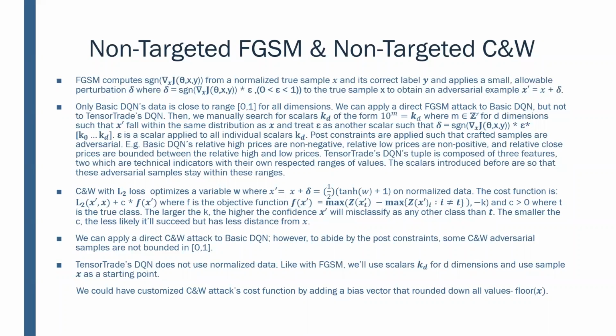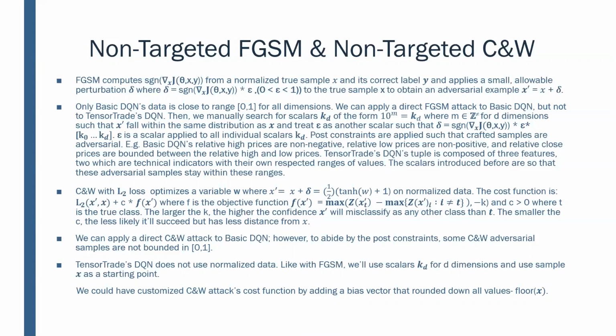And then you pass it through the sign function, so it clips it between the values of 0 and 1, so that, for normalized data, it is the extreme limits of how far you can perturb the values. And then you apply an allowable perturbation of this, so an epsilon that's bounded between 0 and 1, to this maximum perturbation in all dimensions. And then you add it to, or you apply it to the original image. So you're starting from an image, and then you apply this perturbation, and it's slightly off from the image in all dimensions. So it's a uniform step size in all dimensions.